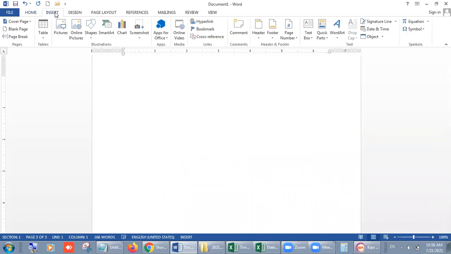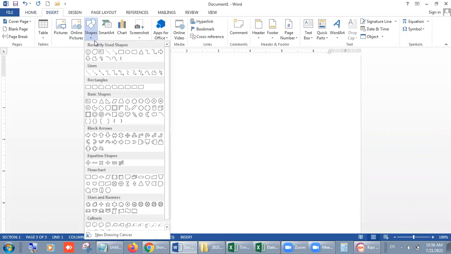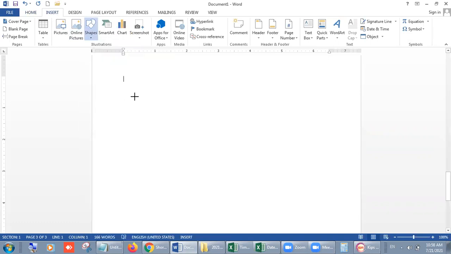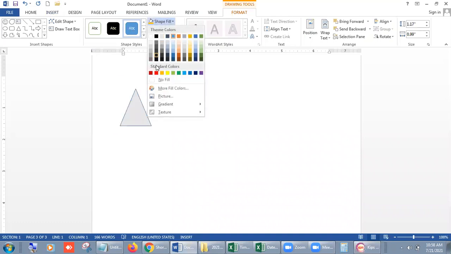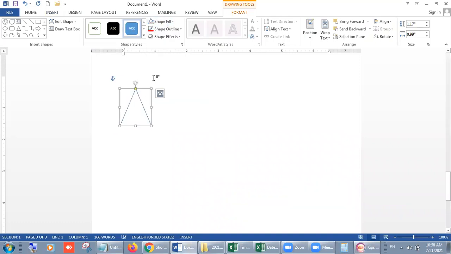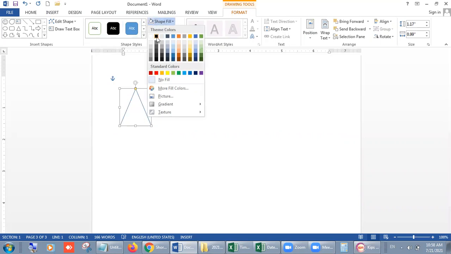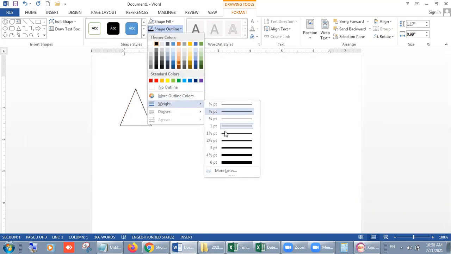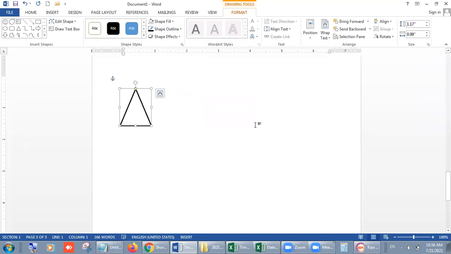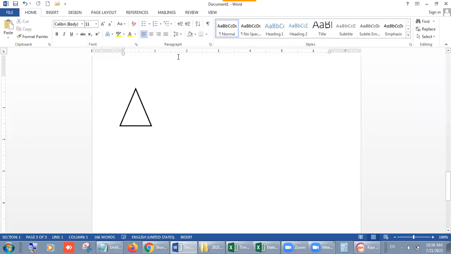Let's start. Go on insert, shapes. First of all, triangle. Draw a triangle. We don't want to fill the shape right now. No fill. Color is black. Shape width is slightly dark, right? Below it,